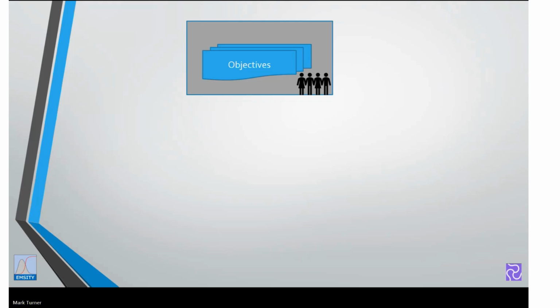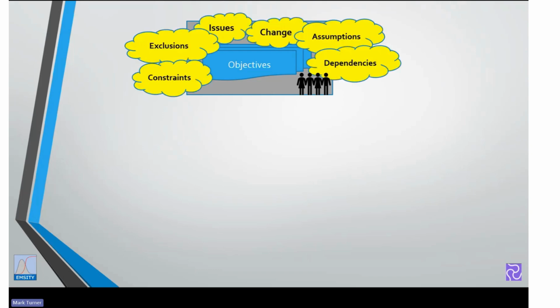However, to make the project work, we need to ensure we've got teams, and teams are allocated to achieving those objectives. And then those teams are faced with uncertainty on the delivery of those objectives. And they come from many areas. They can include constraints, exclusions, there may be issues, there may be changes, there are assumptions and potentially other dependencies.